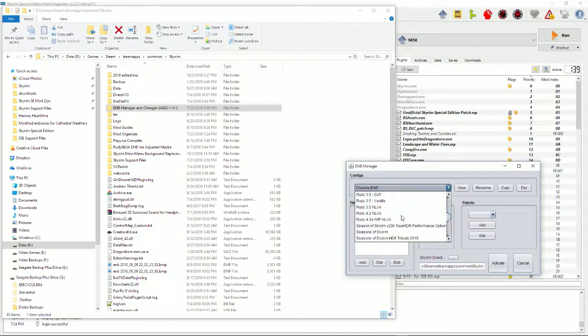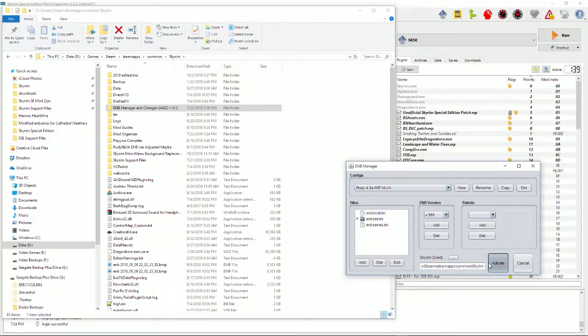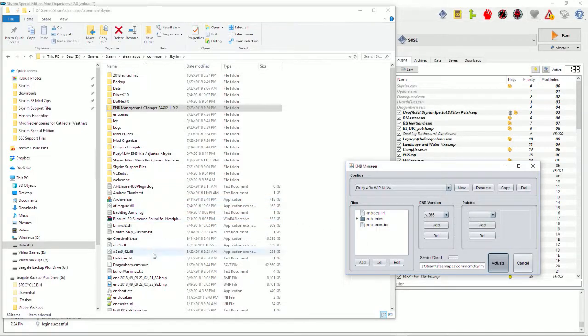Let's reload. This one, is that the one I had? Doesn't really matter, but I'm pretty sure that's it. So activate that again. And yeah, d3d9.dll reappears. So those are the ones you need to, yeah, well, everybody has an opinion, right? I don't know whose videos you watched, but